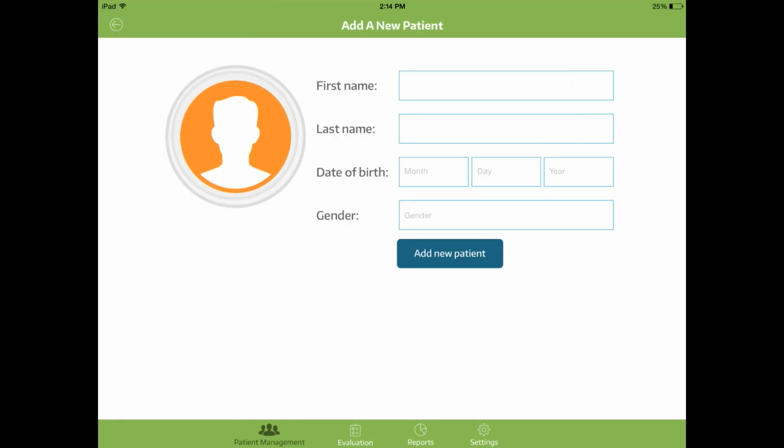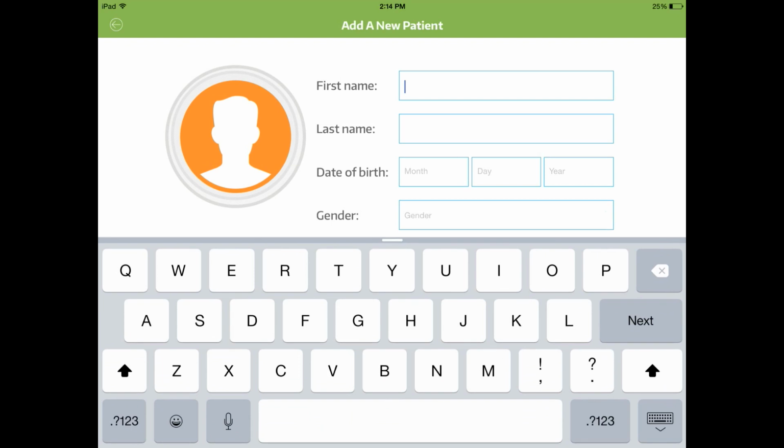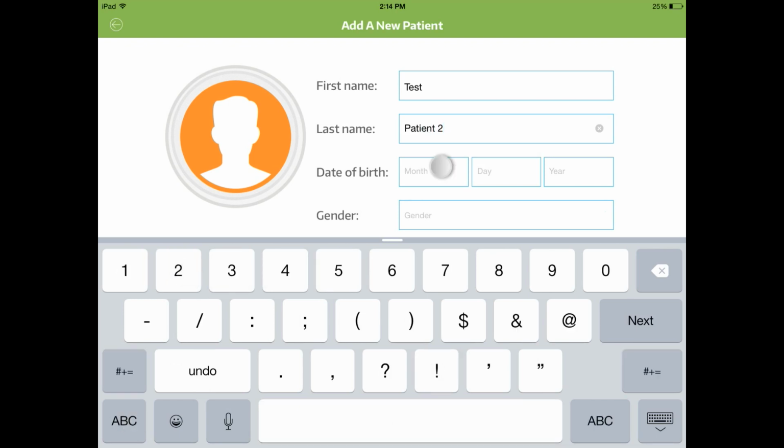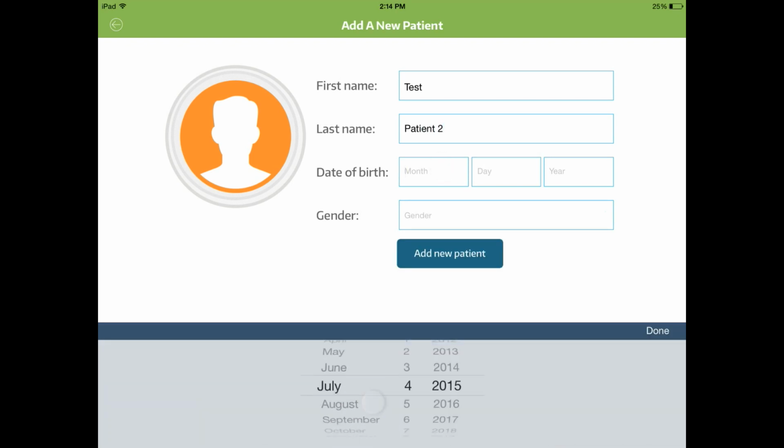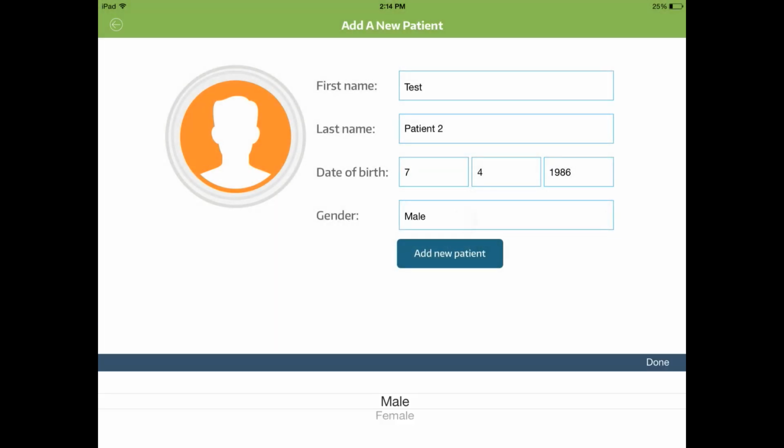But anyway, once you have your profile set up in Case, you can go ahead and add new patients with the tap of a button. And as you can see, it's really easy to do. So we'll do test patient number 2, enter their date of birth. So we'll do a quick birthday, add gender,